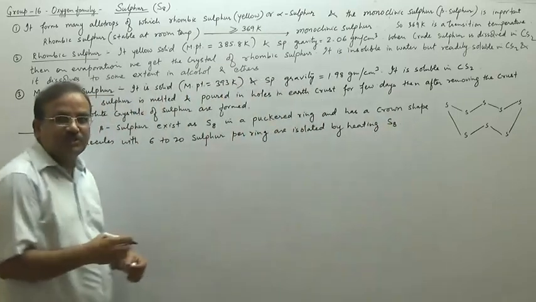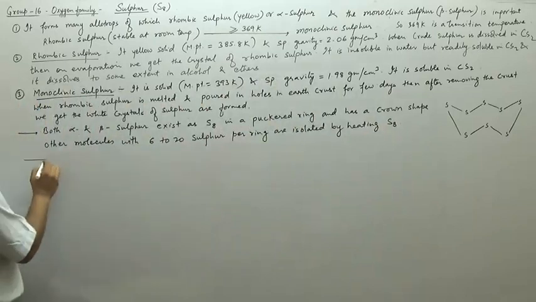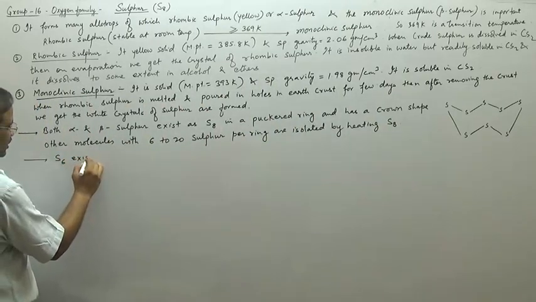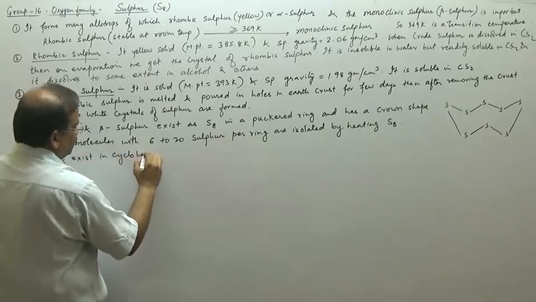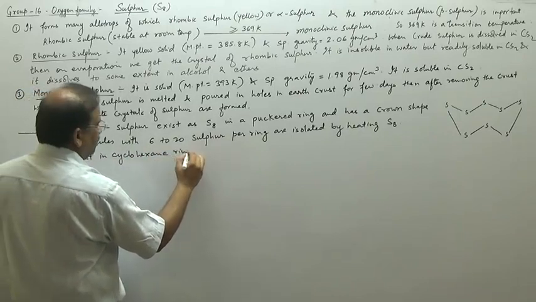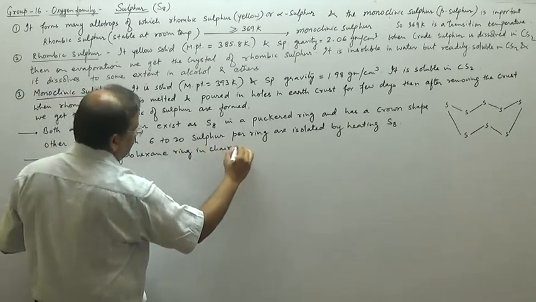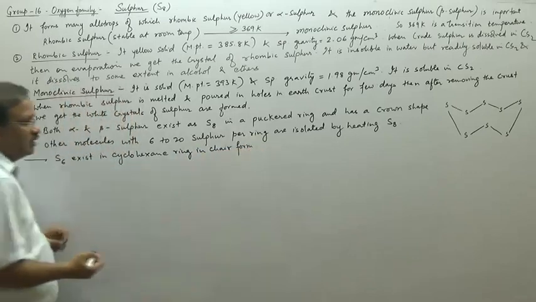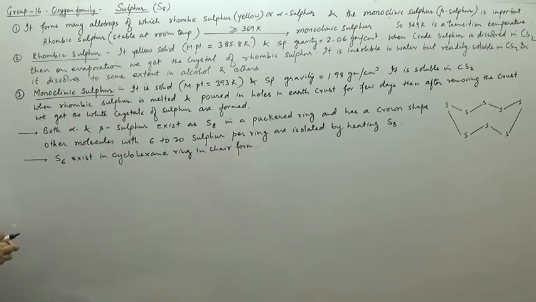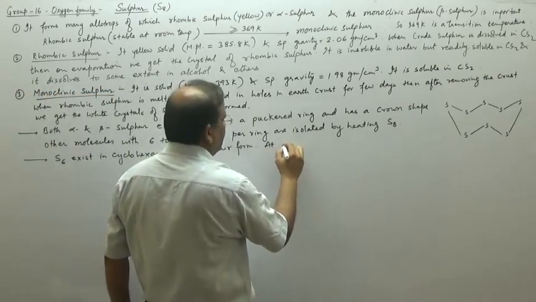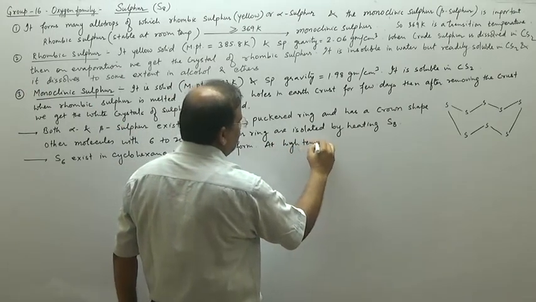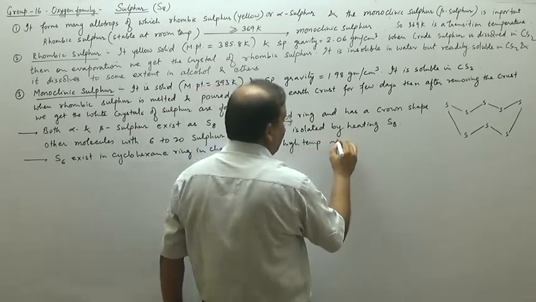The S6 exists in a chair form. We say that S6 exists like a cyclohexane ring in chair form. We already know the carbon chain in the cyclohexane ring, that is chair and boat form. Then at very high temperature, around 1000 Kelvin,